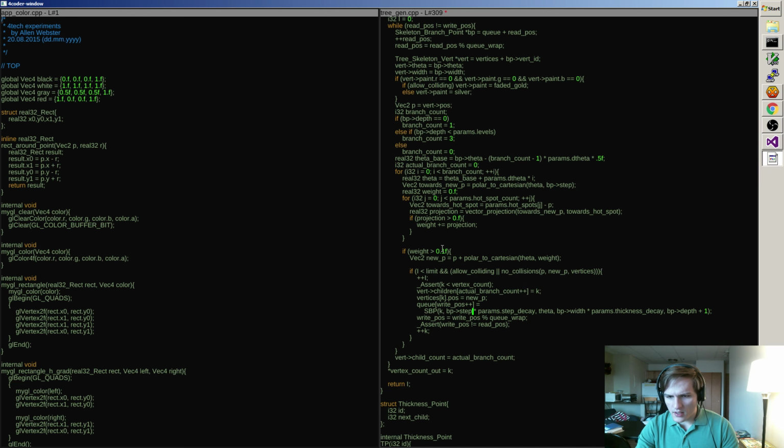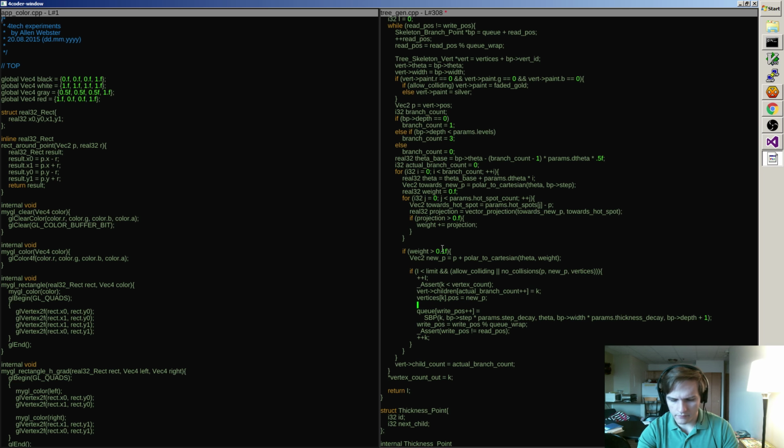So maybe that should be, as an experiment, should the new length be BP step or on this branch's own specific weight? Okay, and